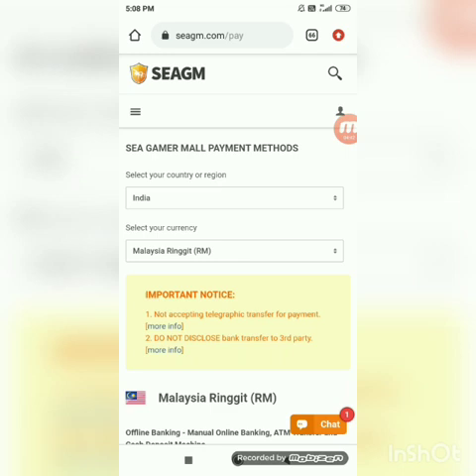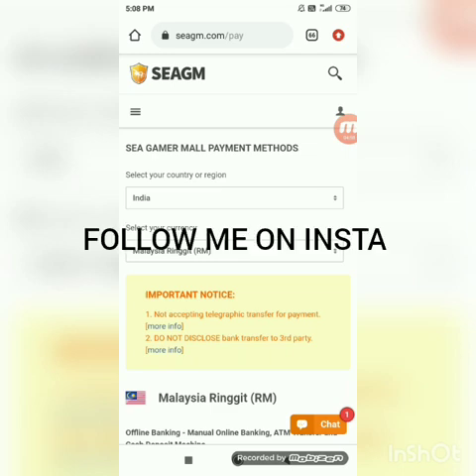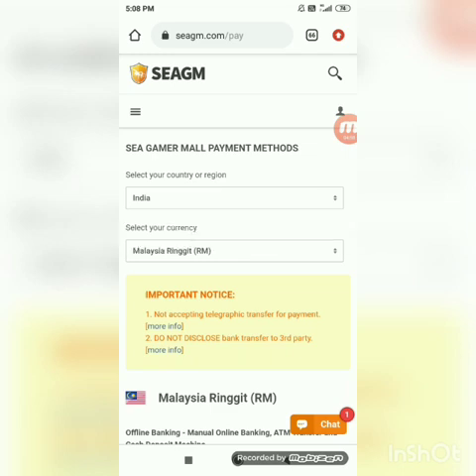You have to use only PhonePe. If you use Paytm, UPI ID, any net banking or redeem codes, if you use those you lose your money. So you have to use only PhonePe, enter your card, your CVV code or whatever, then click on pay. Then boom guys, you will get UC in your account, but you have to wait 5 to 10 minutes, then you'll get UC in your account.